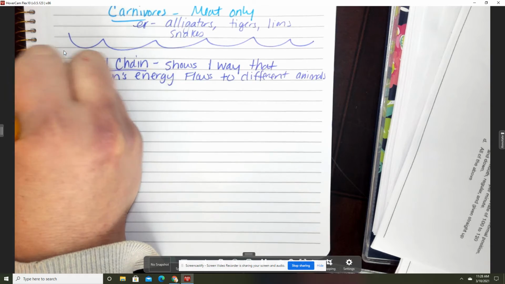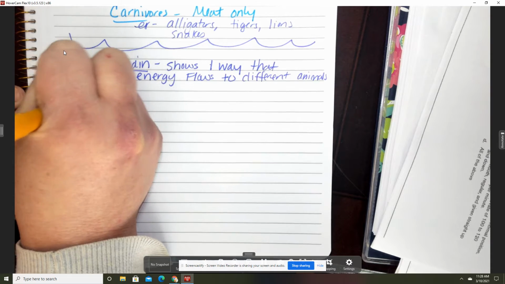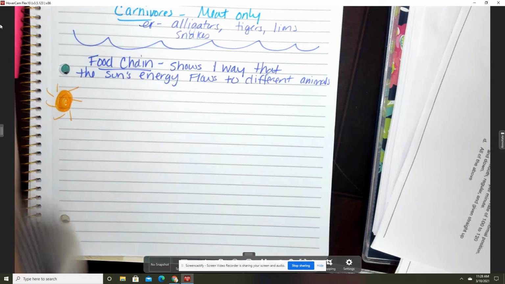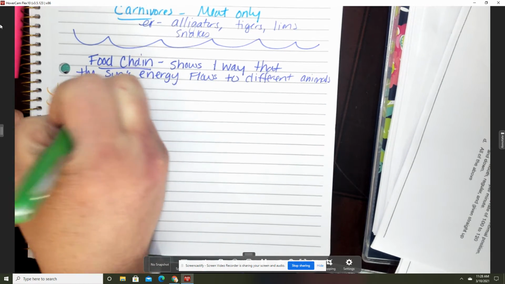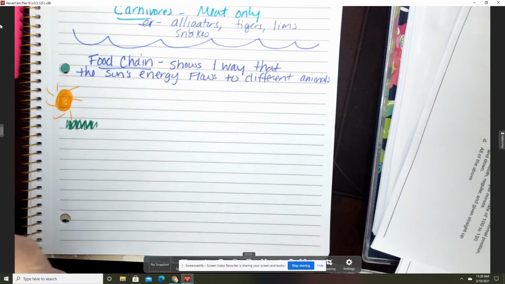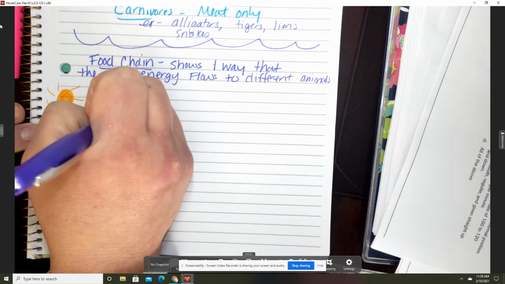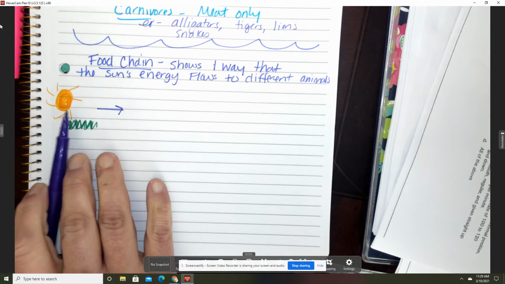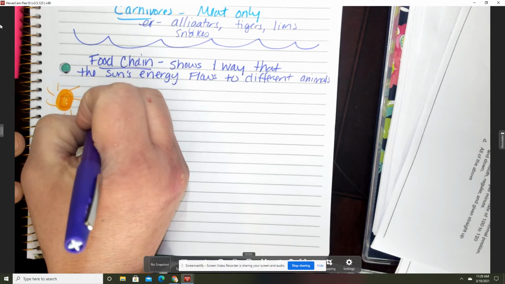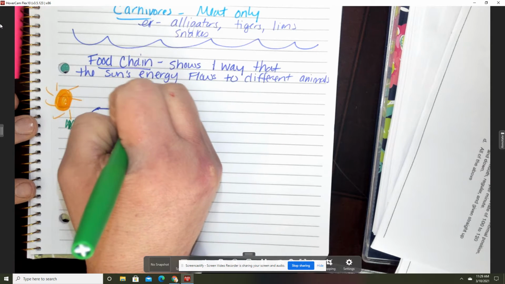Okay, so it doesn't matter if you don't draw well, as long as you do the best you can. So I'm going to have the sun, and that's where the start of the food chain or food web is. So the sun creates the energy that a plant needs, like grass needs to have its food to conduct photosynthesis. So I'm going to draw an arrow, okay? And the arrow is going to point from the sun to the grass, I guess I should do grass, to maybe a grasshopper. All right, y'all.